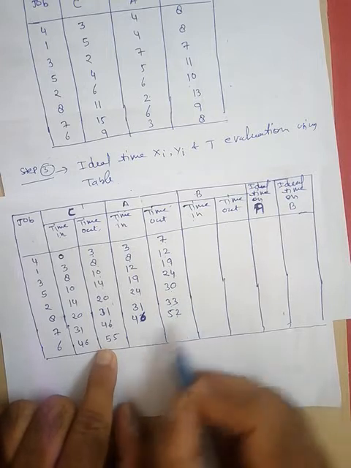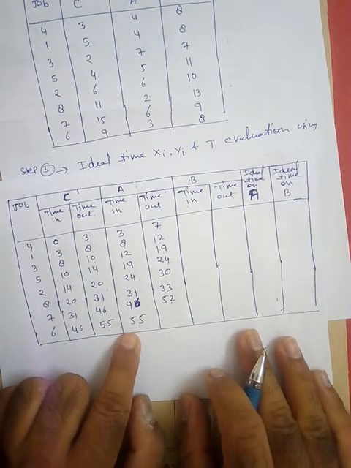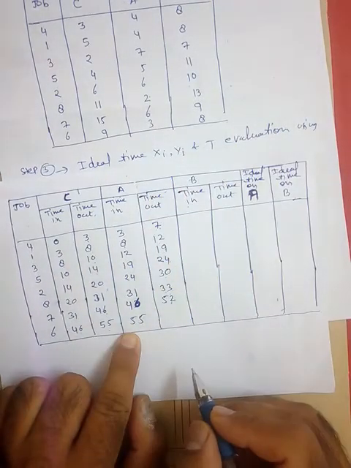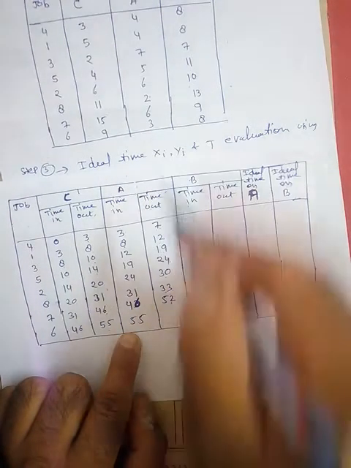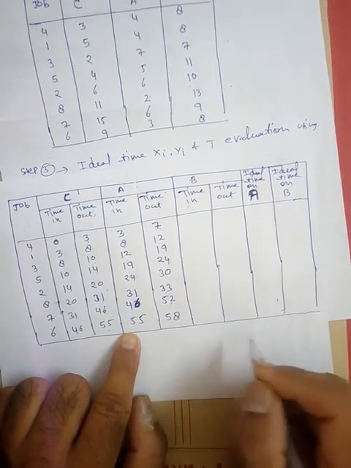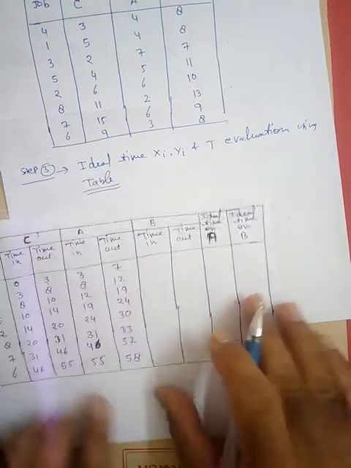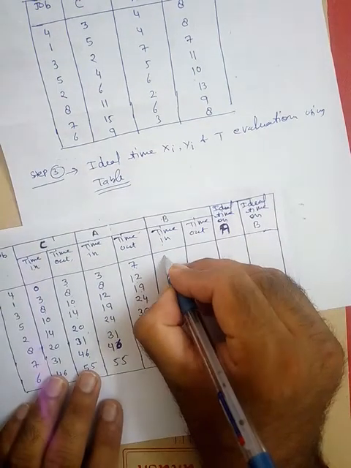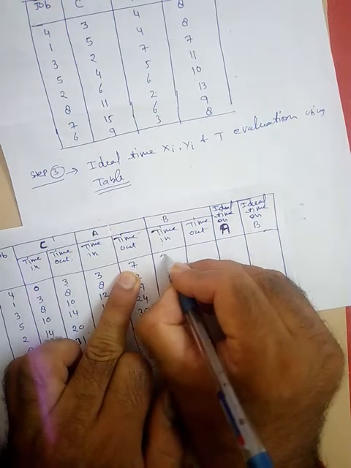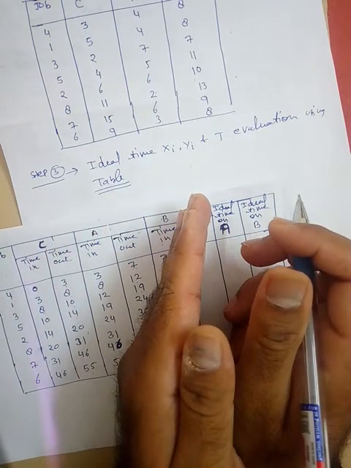And 52 is obviously less than this, so here this will start its functioning at 55 hours and then this will take 3 hours, so this will be 58. Fine. Now this will start its functioning at 7 hours. This will start its functioning at the last point 7, because this product will go to machine B.